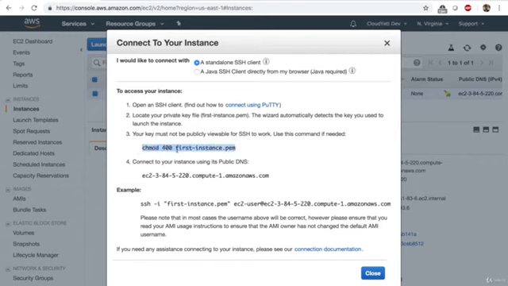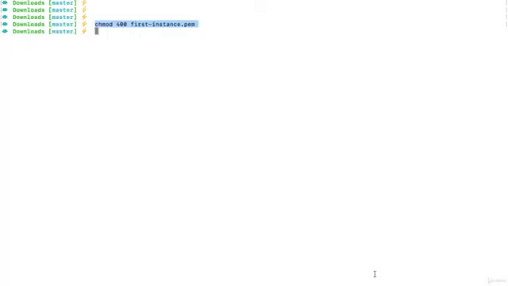chmod 400, and what this will do is it will make this key available only to the current owner. 4 represents read permissions only to the owner. And after I enter this command, I'm ready to copy this command again, and